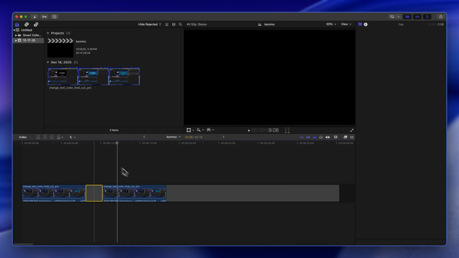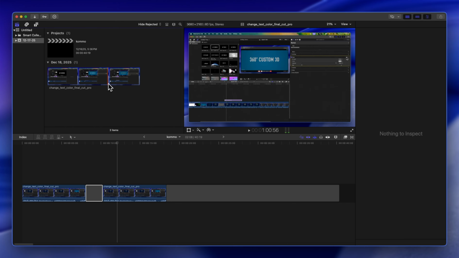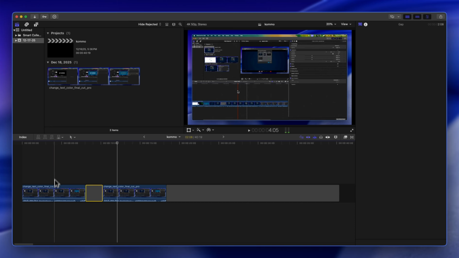Now, the first thing I'd like you to do is load up the project that you want to copy the effects to. And in my case, I have this project and I have these two clips. Let's assume that this is the clip that has the effects that we want to copy to this clip. We're going to click on the clip that has the effect and we're going to press